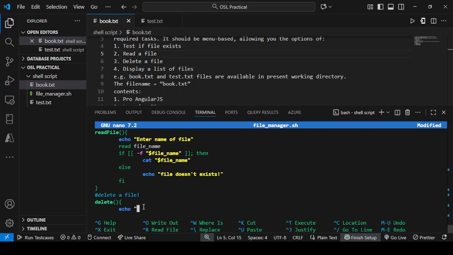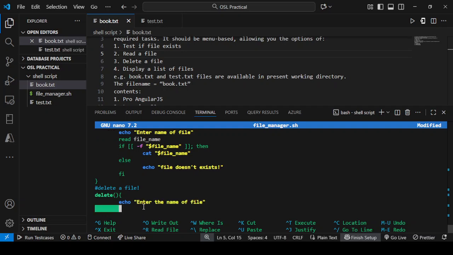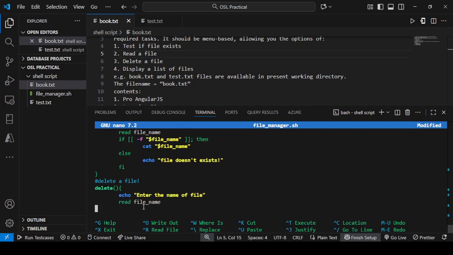So I'll echo enter the name of file, and then I'll read it as file name. Once I get the file name, I'll check if that file exists first. There should be a space between if and these brackets. If the file with that particular file name exists,